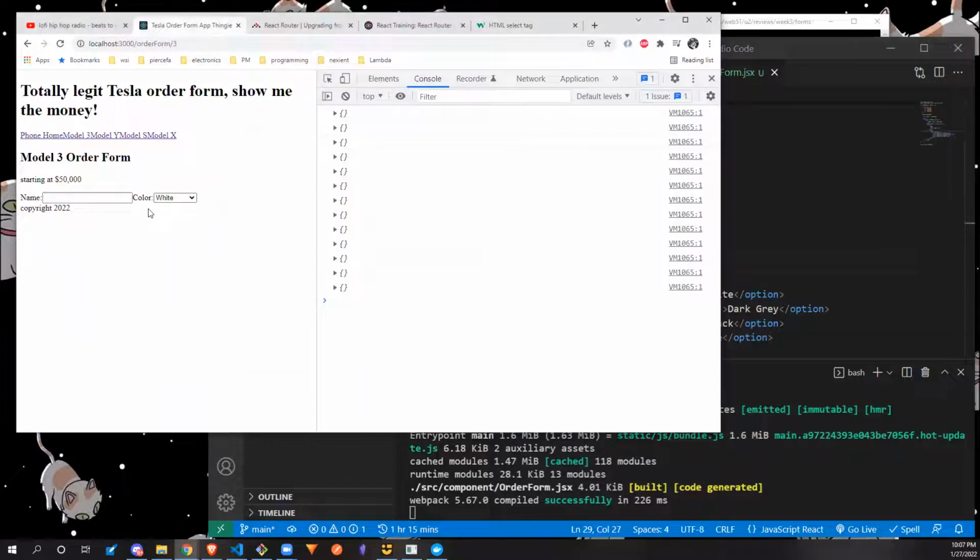Doesn't explode. All right, so now we've got a nice little drop down,